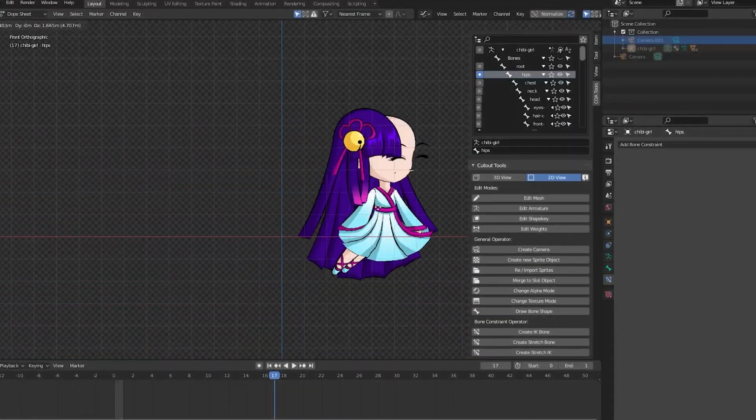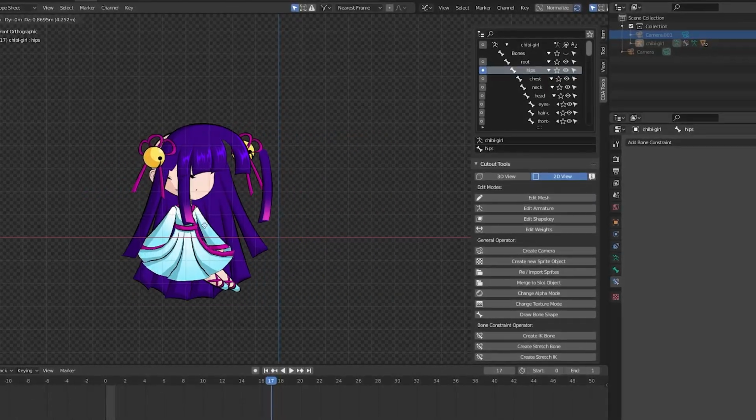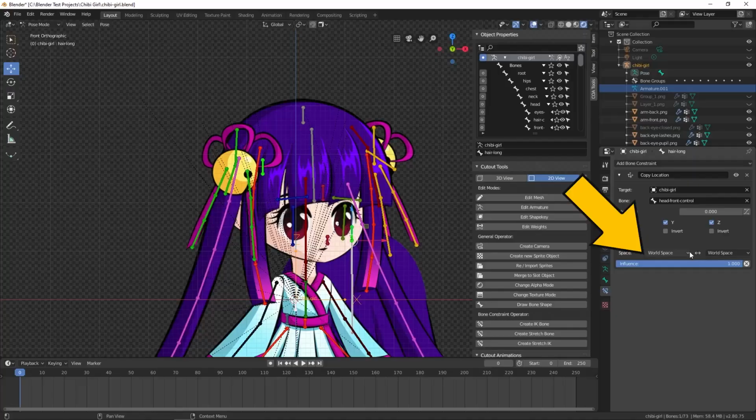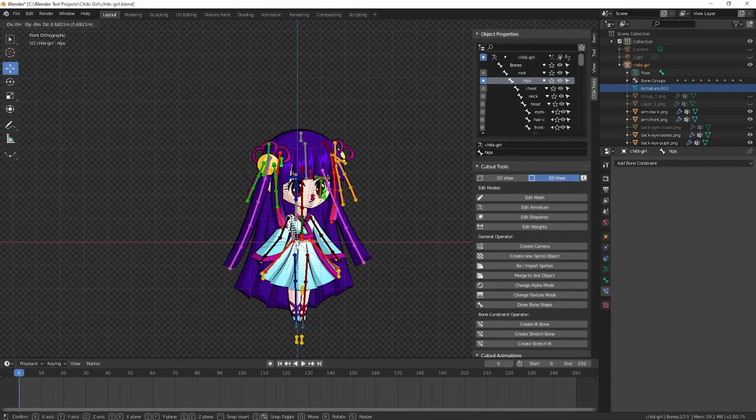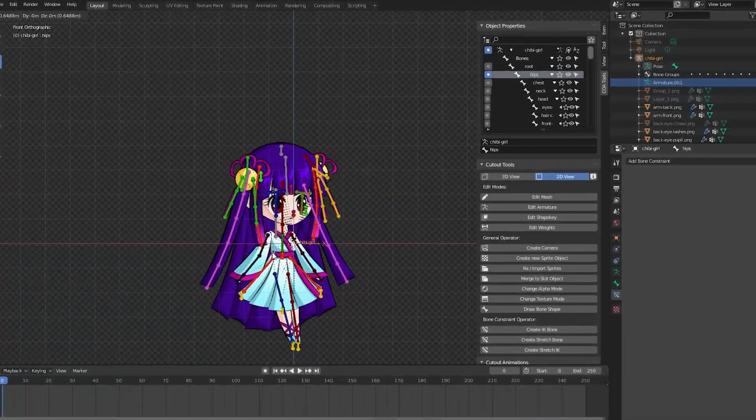The transform constraints ignored the bone's hierarchy and used the world position of the bone instead. Luckily, this time I could fix that. Here, if you change both of the space values from world to local, it solves the problem, and the constraints behave the way you'd expect them to.